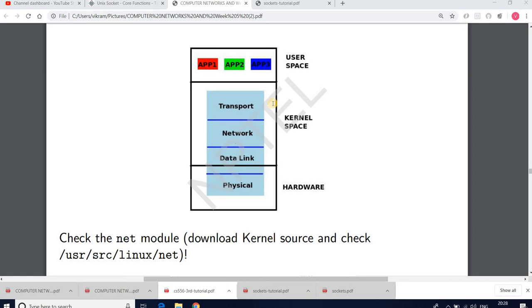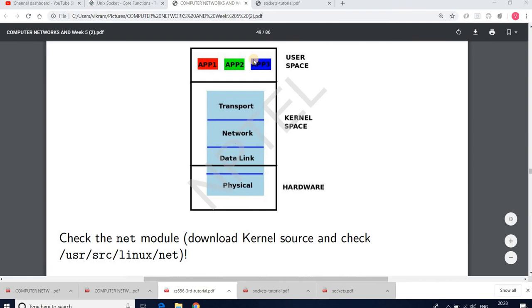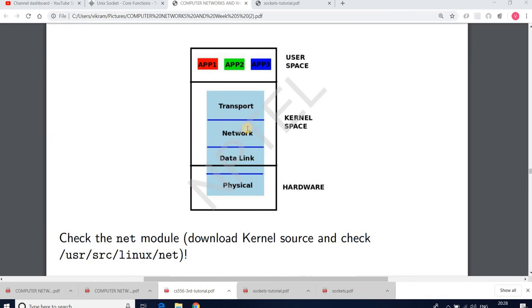And then from the user space, you can write multiple applications to access this protocol stack. The application has to interact with the transport layer to send and receive data. As we learned already, in the transport layer we have 2 different protocols, the Transmission Control Protocol or TCP, and the User Datagram Protocol, which you can also call UDP.